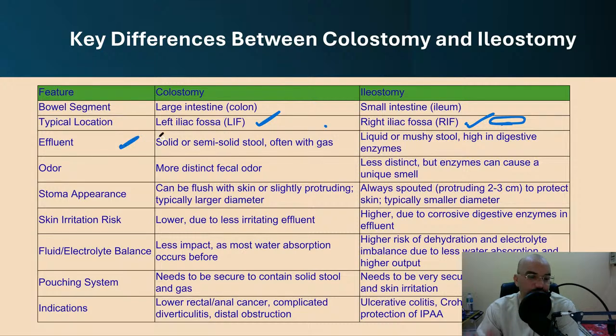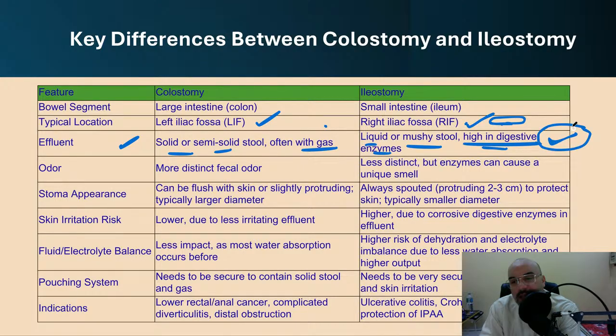The kind of stool or effluent that will come from the stoma in the colostomy will be solid, semi-solid, and may come with gas, while the ileostomy will be liquid, mushy stool, with high digestive enzymes, and we concentrate here on the high digestive enzymes. That means it will be more irritant to the skin. And now there are a lot of products to keep around the stoma opening, and the reason they